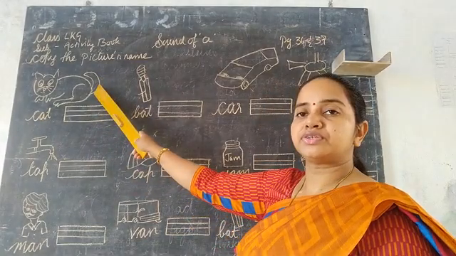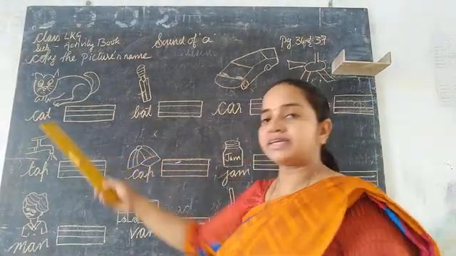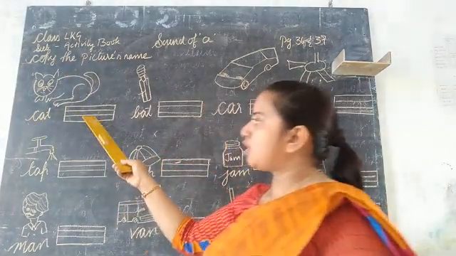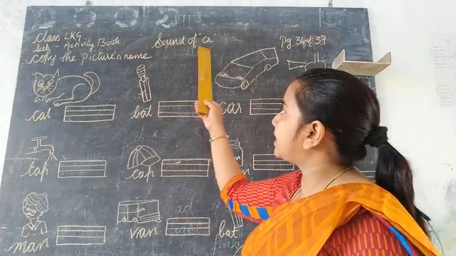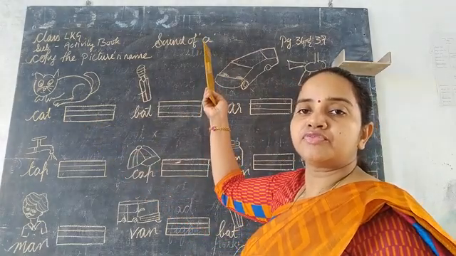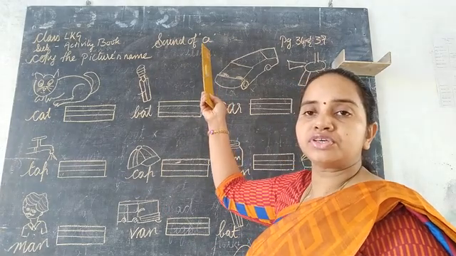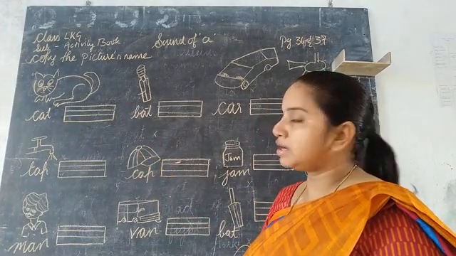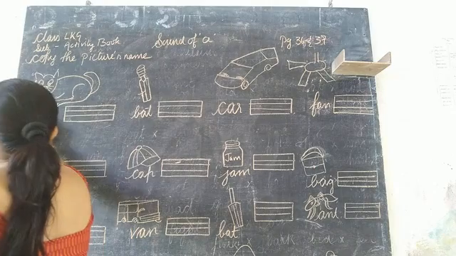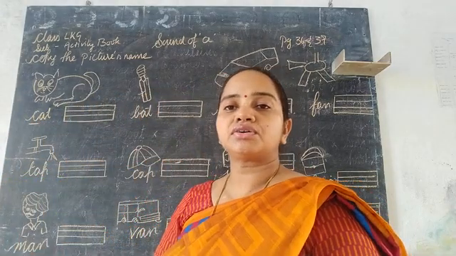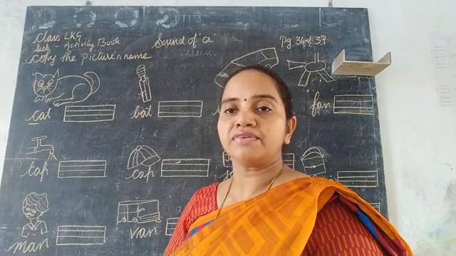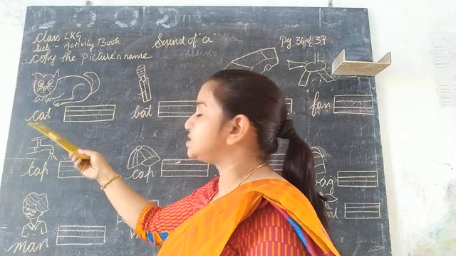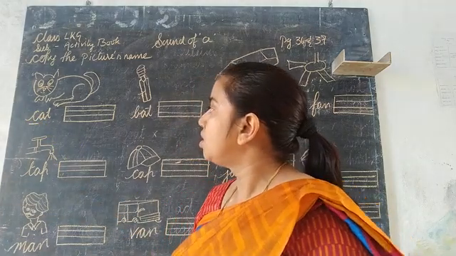Here we have a picture of a cat. Okay, so C-A-T, cat. We have to copy the picture's name and write it out here, but we have to add A before every consonant. So we have to see whether it is a consonant or not. Cat being the word, let's see the first letter. Is it a consonant? Yes, definitely it is a consonant, because how many vowels do we have? We have 5 vowels, A, E, I, O, U. So this C doesn't fit in the 5 letters, so it is a consonant.